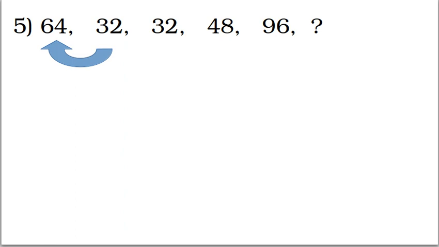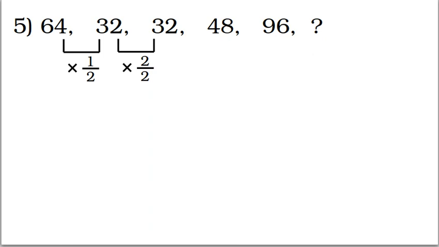Now, I know that 32 into 2 is 64. When you try to relate 32 and 64, we can write it as 32 into 2. Now your task is to relate these two numbers. 64 into something should give you 32, which is into 1 by 2. 32 and 32, which is 32 into 1, can also be written as into 2 by 2. When we are multiplying with a fraction, a fraction has a numerator and a denominator.